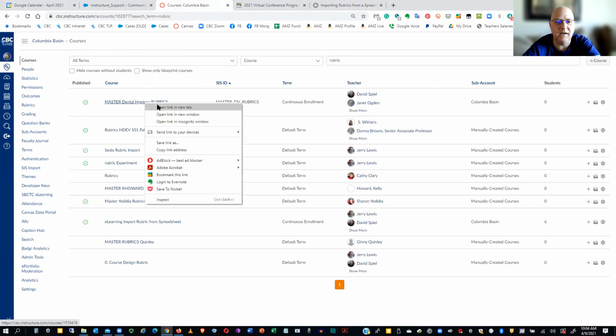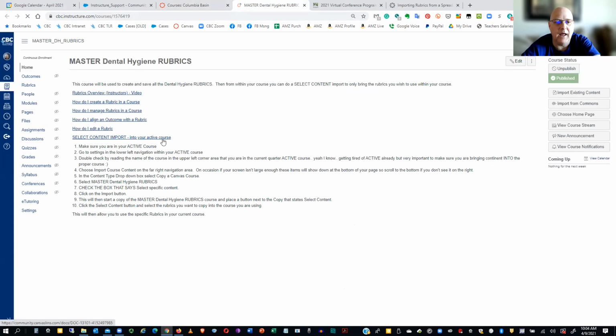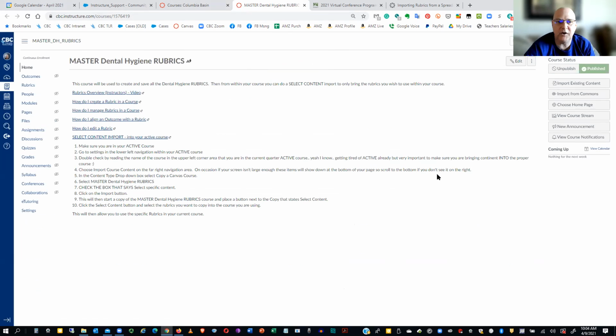So dental hygiene, they had a system in place to where as a group, what they wanted to do was have a rubric that they could use across all of their 10 courses and everything stayed consistent. So they worked together creating these Excel spreadsheets that we could just suck in. So I wrote this page right here that kind of takes all the tools and the steps that you have to do it. But I'll come down here to the files.